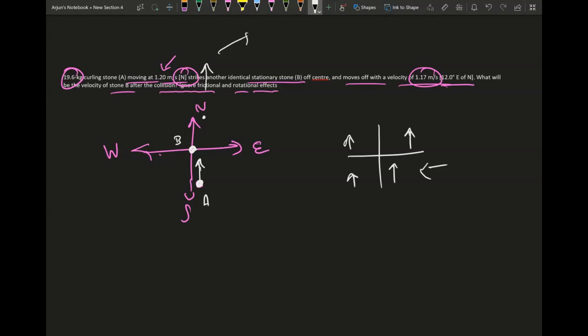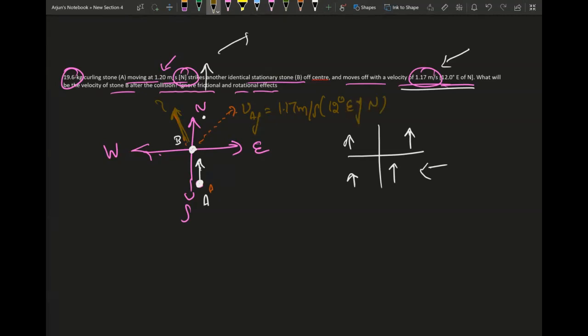Curling stone a strikes curling stone b off center and moves at 1.17 meters per second at 12 degrees east of north. So this curling stone a moves somewhere in this direction, and obviously b will move somewhere in this direction, but we don't know where it will move. So b is somewhere here. We have to find out where b ends up. That's what we wanted to find out. This is va final, which is equal to 1.17 meters per second at an angle of 12 degrees east of